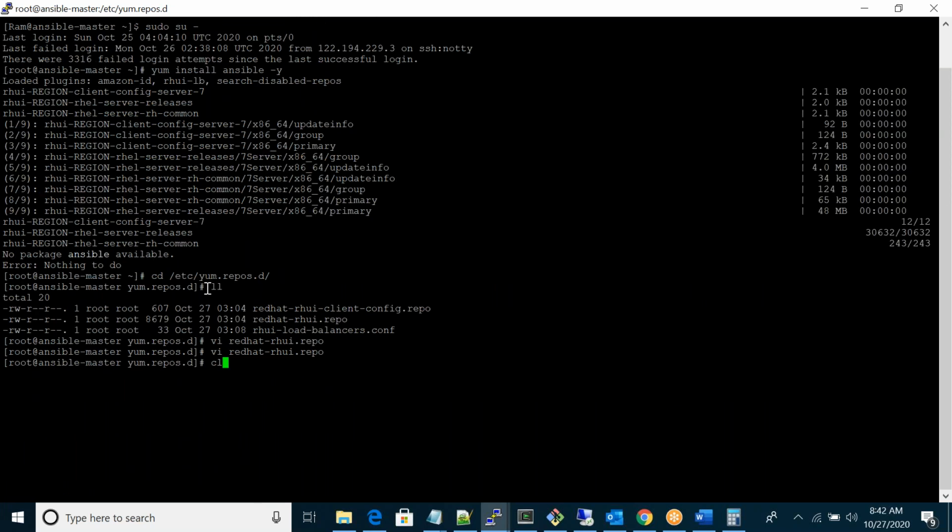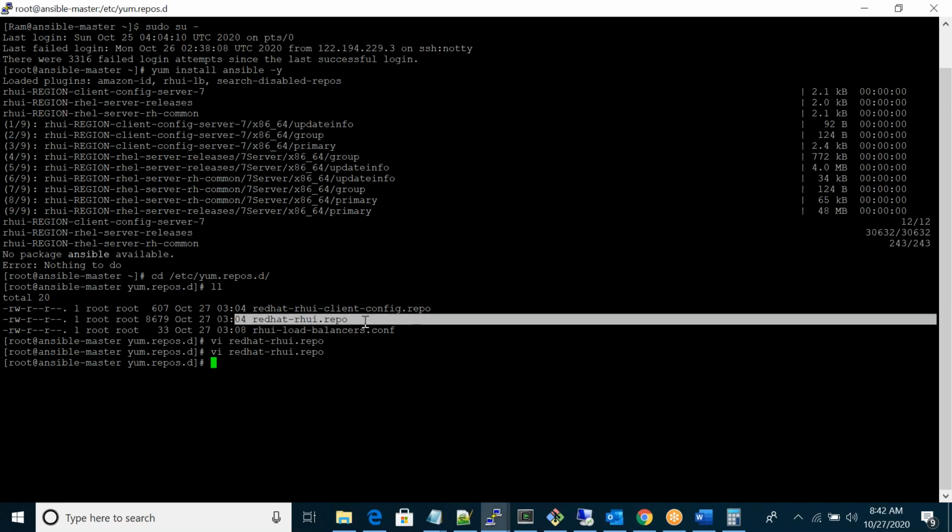Does this repository exist on our Red Hat Linux server? Yes, it is existing in our Red Hat Linux, but it will change company to company, project to project, server to server. In this case, whatever I highlighted is the default repository available in this server. So how do we know which repository will be available on which server?